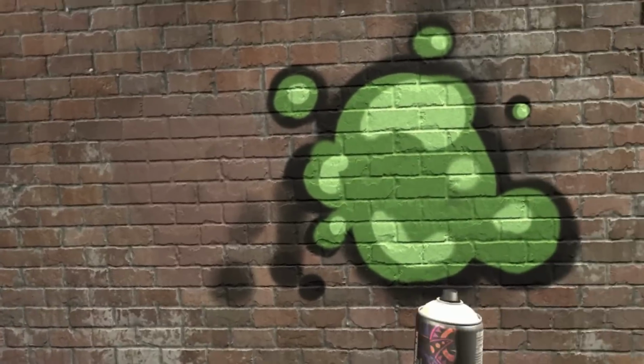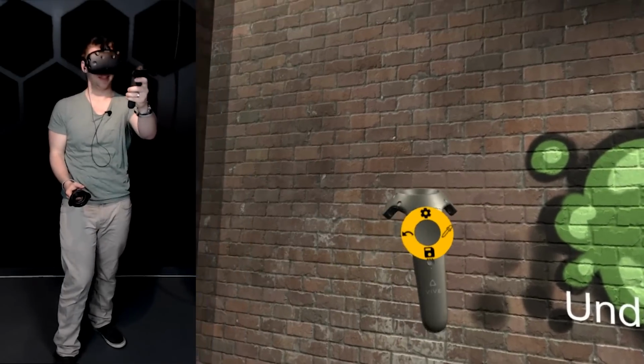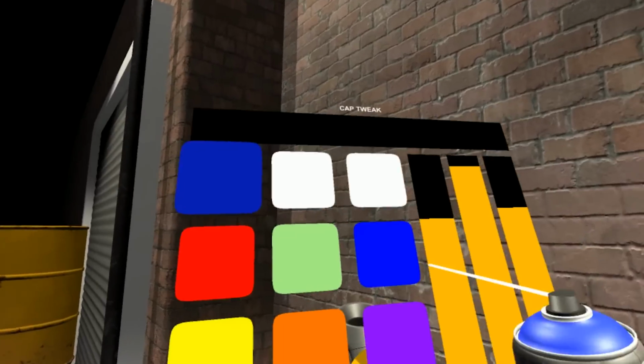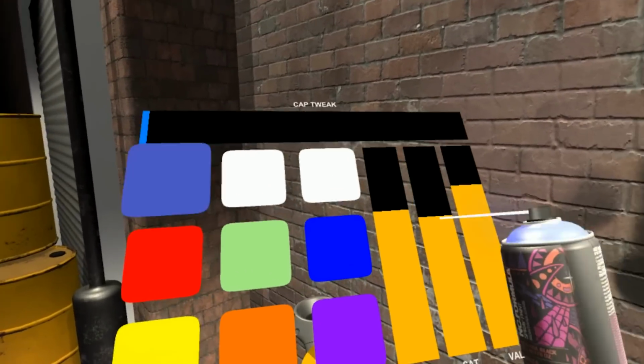But yeah, this was like a sneak peek. So obviously you can do your misting. You can only undo once. That's interesting. I like this swatch system. And you can create a palette of colors that you return to. And just by simply tapping the left controller, you can bring your palette back